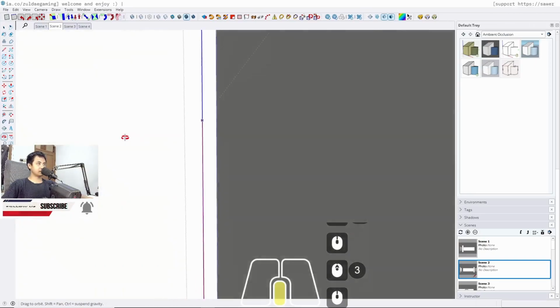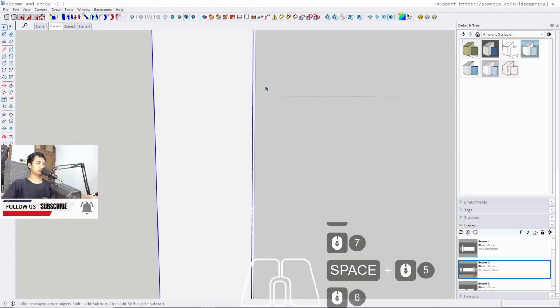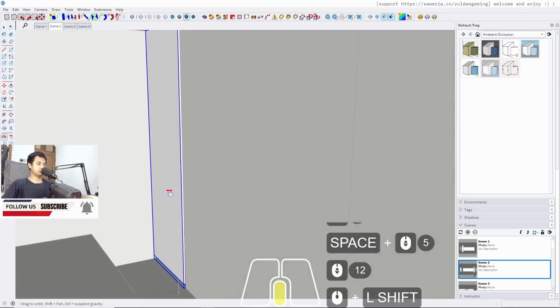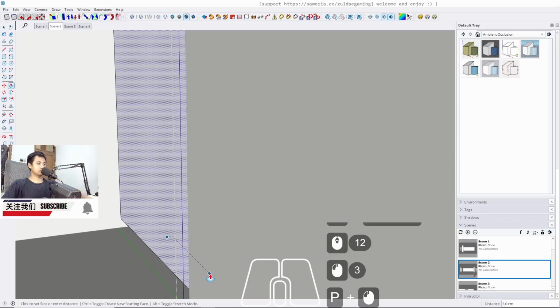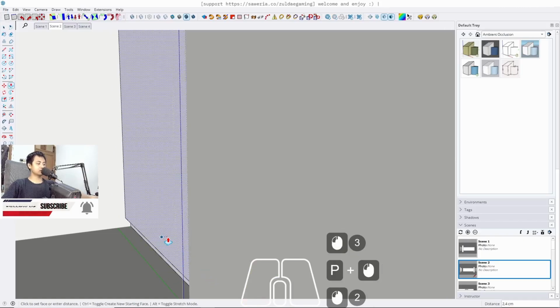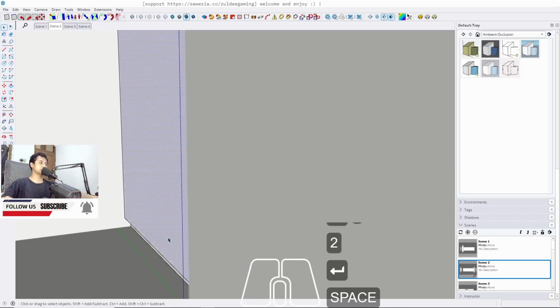And then align, wait, this is wrong. Should be like this and like this. Yeah,